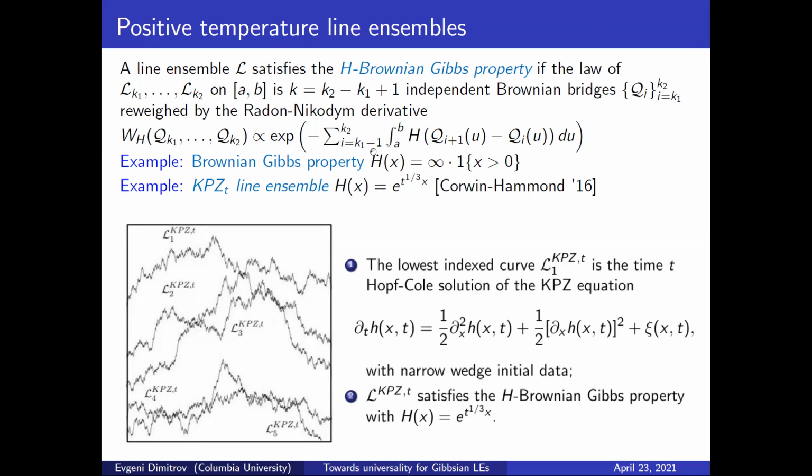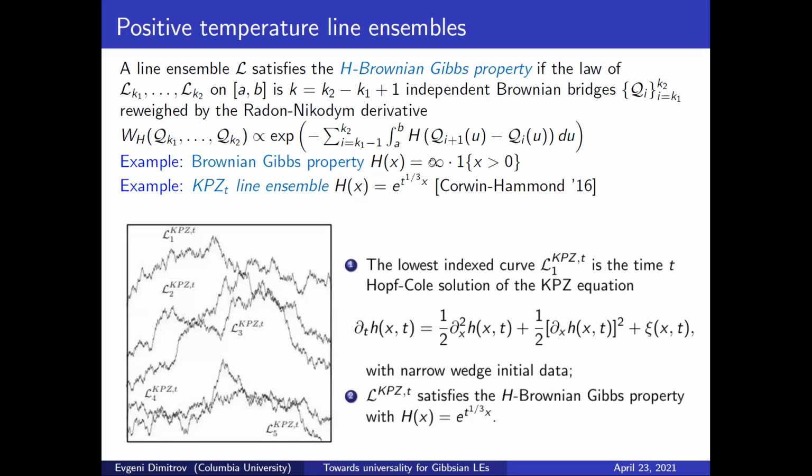And just to relate it to the one that we did discuss, the Brownian-Gibbs property, it arises from this type of formulation if you pick h to be the function that is infinity for positive values of x and 0 otherwise. So what happens if the argument here is positive? It means that the i plus first curve overcame the ith one, so the paths went out of order, and any such path configuration gets a weight of e to the minus infinity, so that's 0. Now, if the paths do stay in order, then all of these h's become 0, so you're weighing by e to the 0. And of course, if you're weighing by e to the 0, you get the same distribution back.